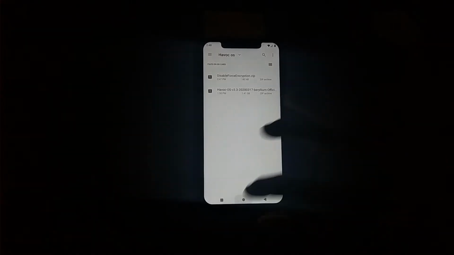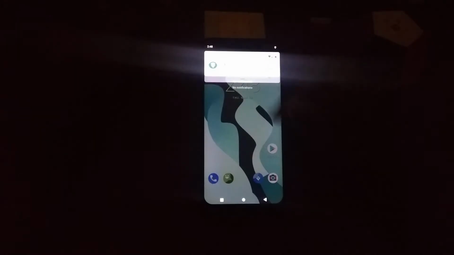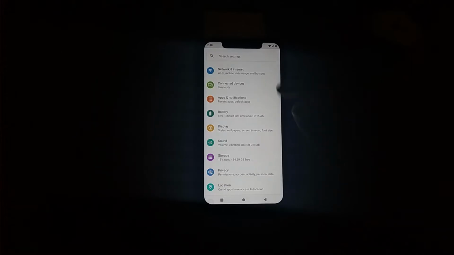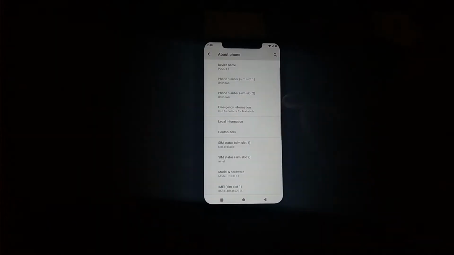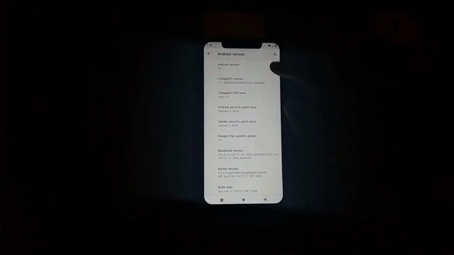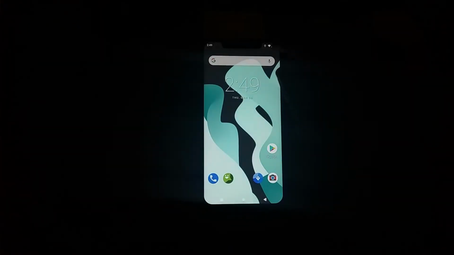So I have the GApps version and the disable force encryption. Right now I am in the LineageOS unofficial 17.1. I have a video for these ROM installations, you can check that out. Let me show you the ROM I am in. So I am in the LineageOS 17.1 unofficial. I am already in an Android 10 based ROM, so I do not need the firmware for installing this